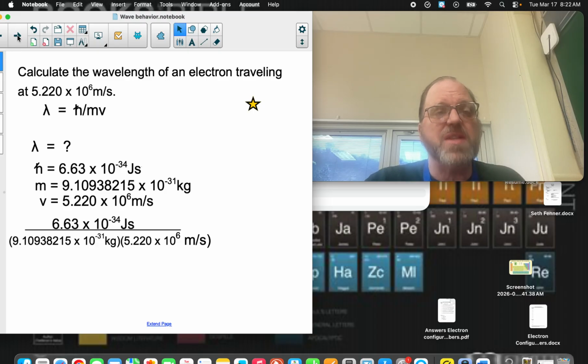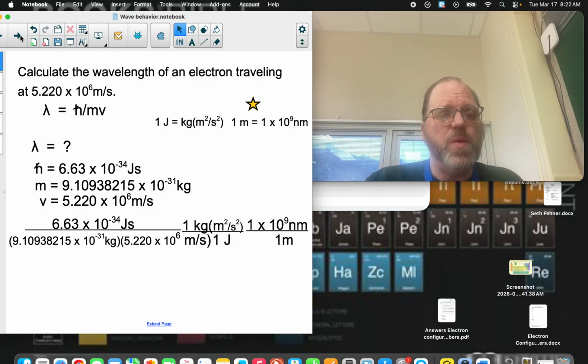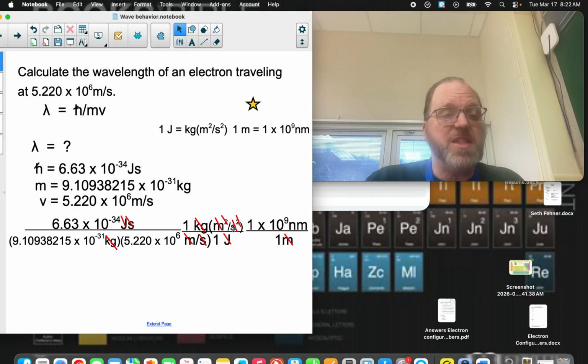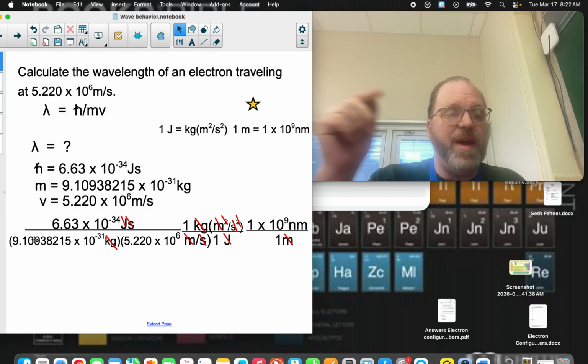Now we've got to cross some things out here. We get rid of joules by using the equality that a joule is a kilogram times meter squared per second squared. And then a meter is equal to 1 times 10 to the 9th nanometers. So put those in there. When we do, joules cross out, meters, both of them cross out, seconds, both of them cross out, kilograms cross out. With nanometers, take 6.63 EE minus 34 times 1 EE9 equal, divide by